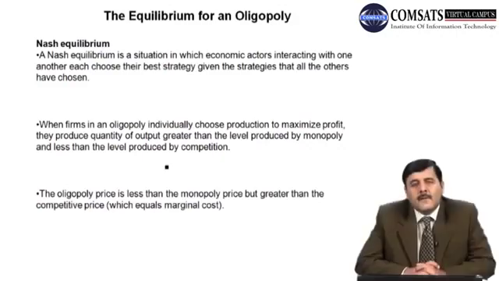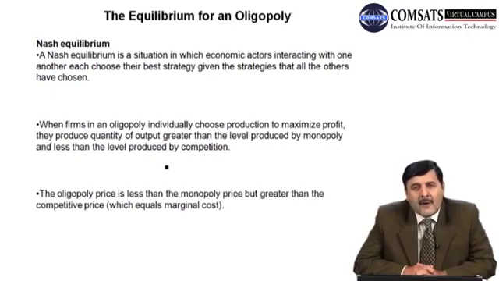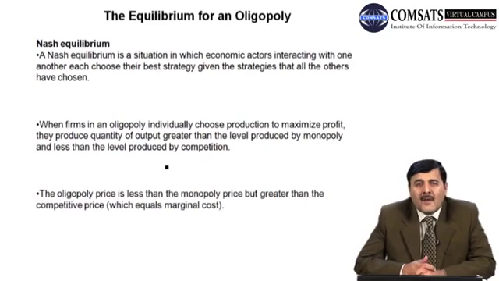Now we will talk about the equilibrium for an oligopolistic firm, and the equilibrium which we attain under the oligopolistic market structure, or you can say under the duopoly example which we are considering, is known as the Nash equilibrium. Now, what is the Nash equilibrium? Nash basically was an economist who gave the equilibrium in case of an oligopoly market structure, and because of his name, the principle which he has given is known as the Nash